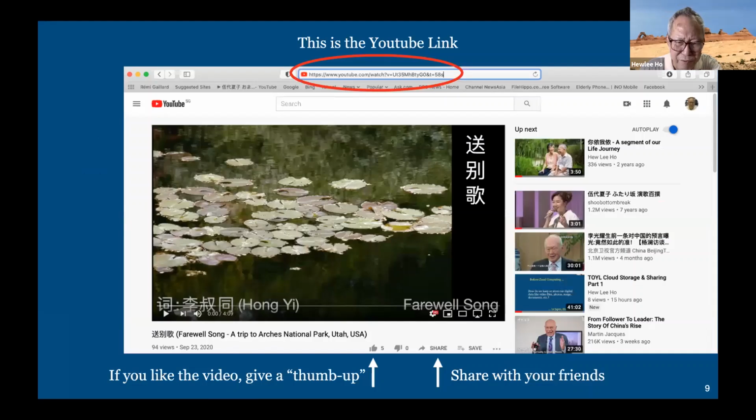If you see any video, below there are some things you can pay attention to. One is a thumbs up. Thumbs up is that you appreciate the video and you like it. You just give a credit to that person who produced it or uploaded it. Share is in case you find it so interesting you want to tell your friend. You can click and submit the email address, or you can go to the top and copy the official address and keep it in your own diary or in your own notepad.